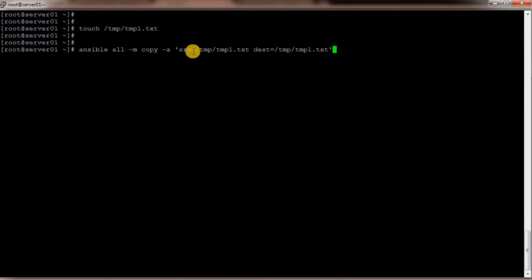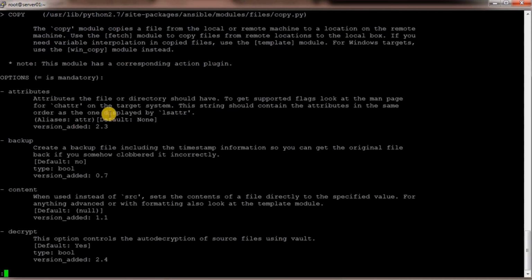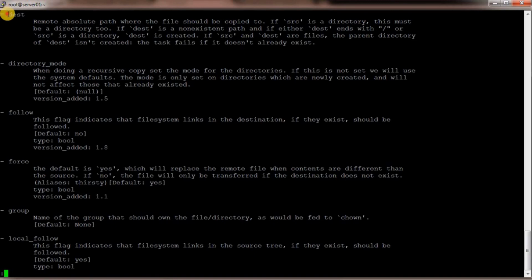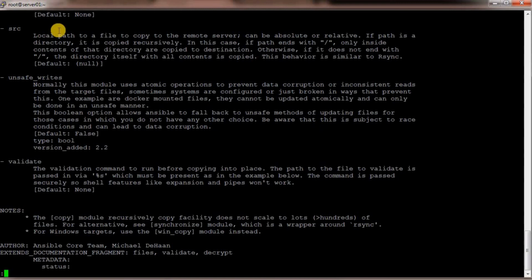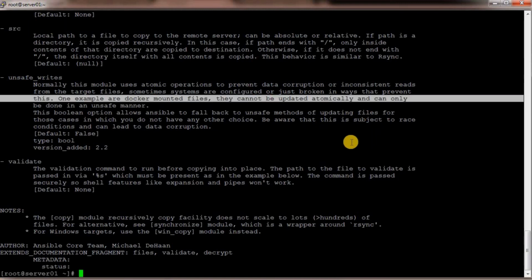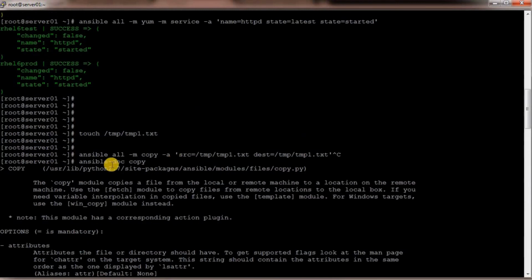And if you are not sure where I can find this information, src, your destination and other information, then don't worry, just run ansible-doc and specify the copy module, and here you can see the options you would be able to use, destination and other information, like if you wanted to change the ownership and other stuff. Right, so what I was supposed to do, I was supposed to copy. Let me run this command